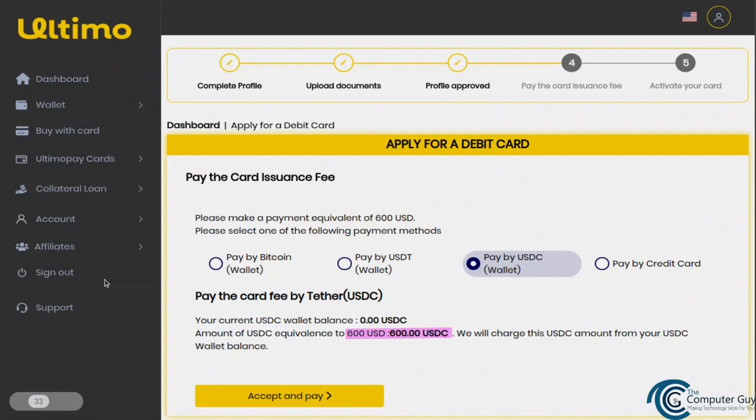To apply for the card, this is what the dashboard looks like. Once one goes to the option to buy a card, you see UltimoPay cards, and you go to apply for the card. You'd first have to complete your profile, that is name, email address, telephone number, and all of that. Opening the account is free, by the way. Once one registers, they can complete their profile and then upload their KYC information. These are the documents